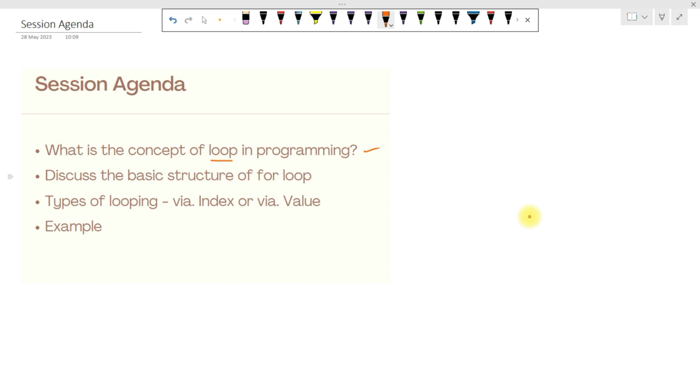Since the last two videos we have been discussing conditional statements, how we can write a conditional statement in our R program so that we can bring some flexibility to our program execution. So we learned about the if-else statement,